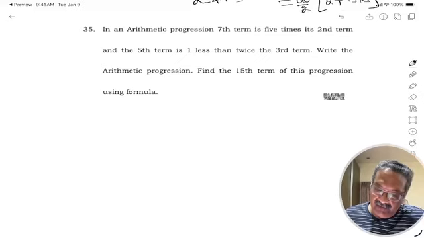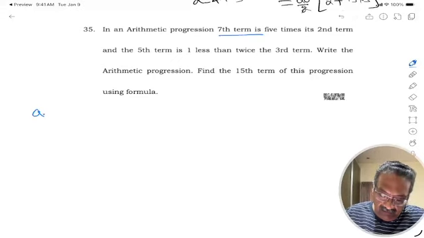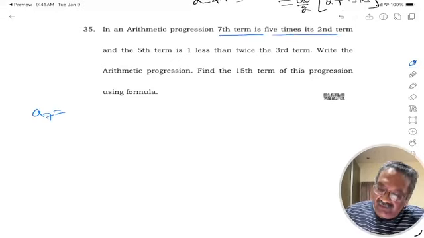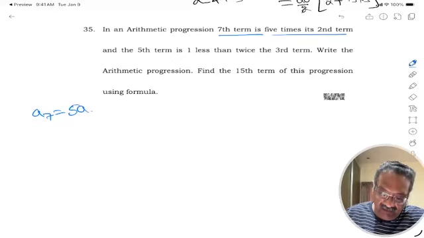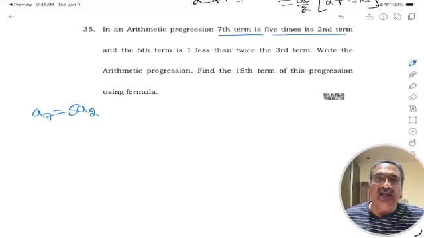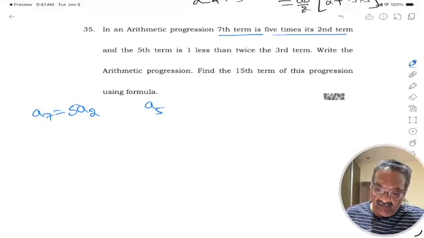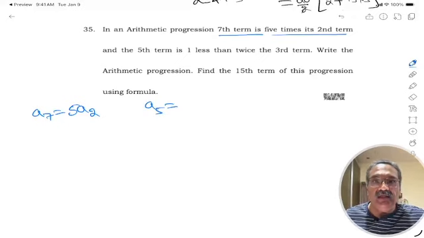In an AP, the seventh term is 5 times its second term, okay, and the fifth term is 1 less than twice